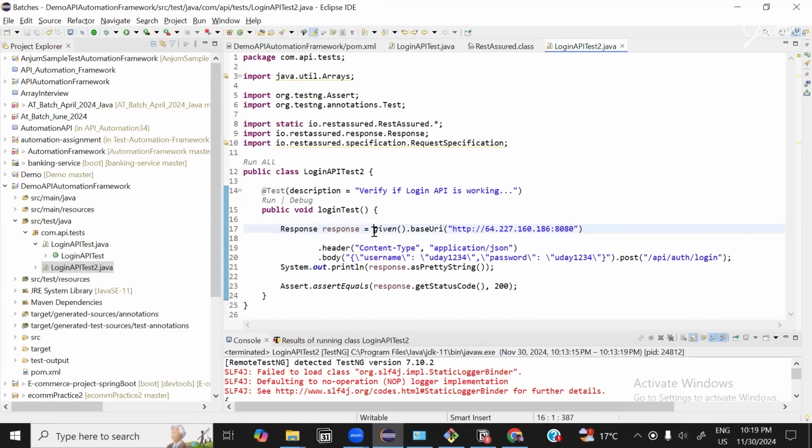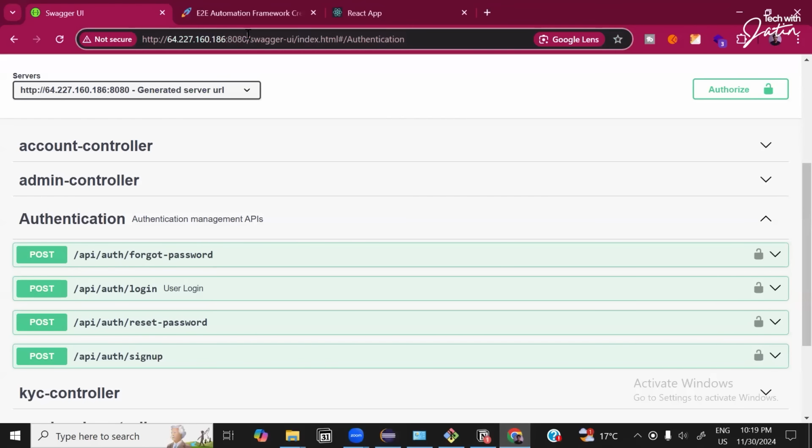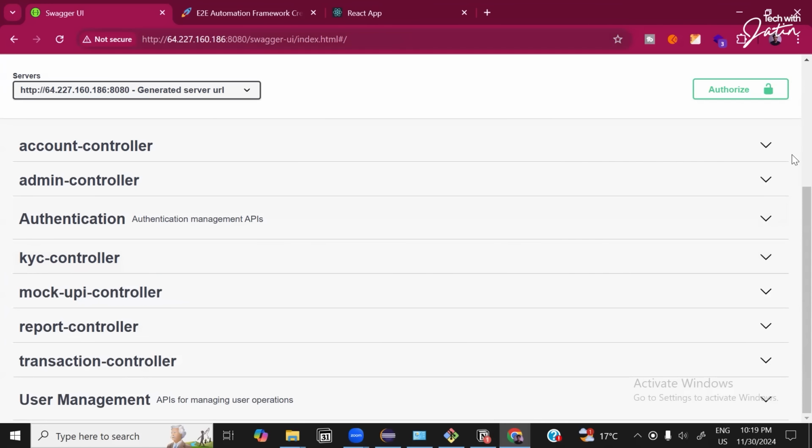Now, the next thing what Swapnil was saying, कि बाबा base URI तो सबके साथ common होने वाला है. Right? Because this is common to all my endpoints or my services. This is base URL. It is going to be common to all the services which is coming into picture. So if something is common,